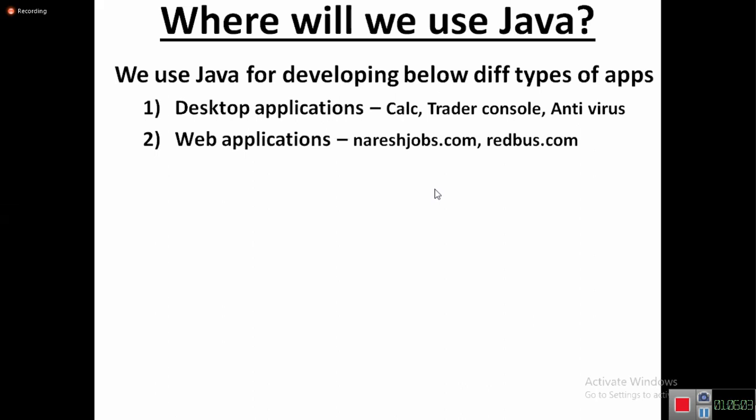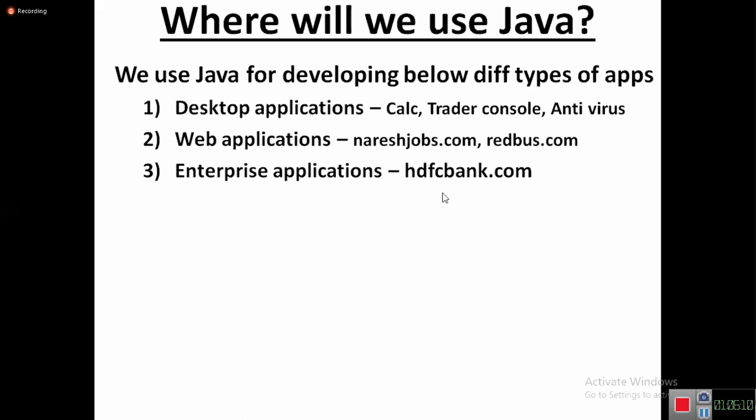There is another kind of web application called an enterprise application. An enterprise application is a bank application. Next, an online shopping application is an enterprise application: an application that provides several services connecting to different systems, different organizations, different agents. We call it an enterprise application. A big business model running, then we call it an enterprise. A small business running, only that particular company working, not connecting with any other companies.